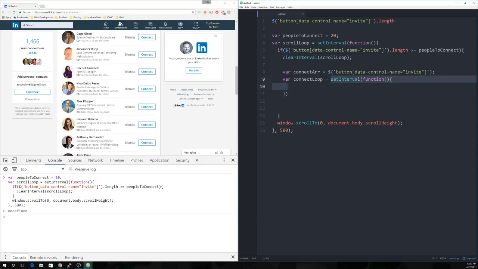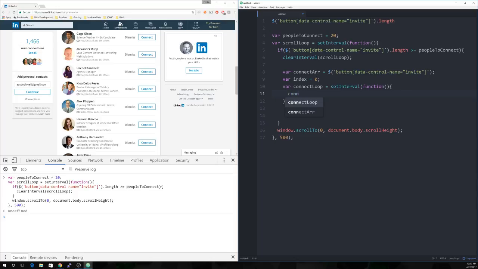So we're going to use a set interval as kind of a for loop, but that's a timed for loop. So let's do an index, var index, and we're going to start ourselves off at 0. And then we're going to do our loop here, which is pretty simple. So we're going to take our connect array, and we're going to follow the person at the index like that. Index, and we're going to do dot click. Alright, and then after it does that, it's going to go index plus plus. Alright,